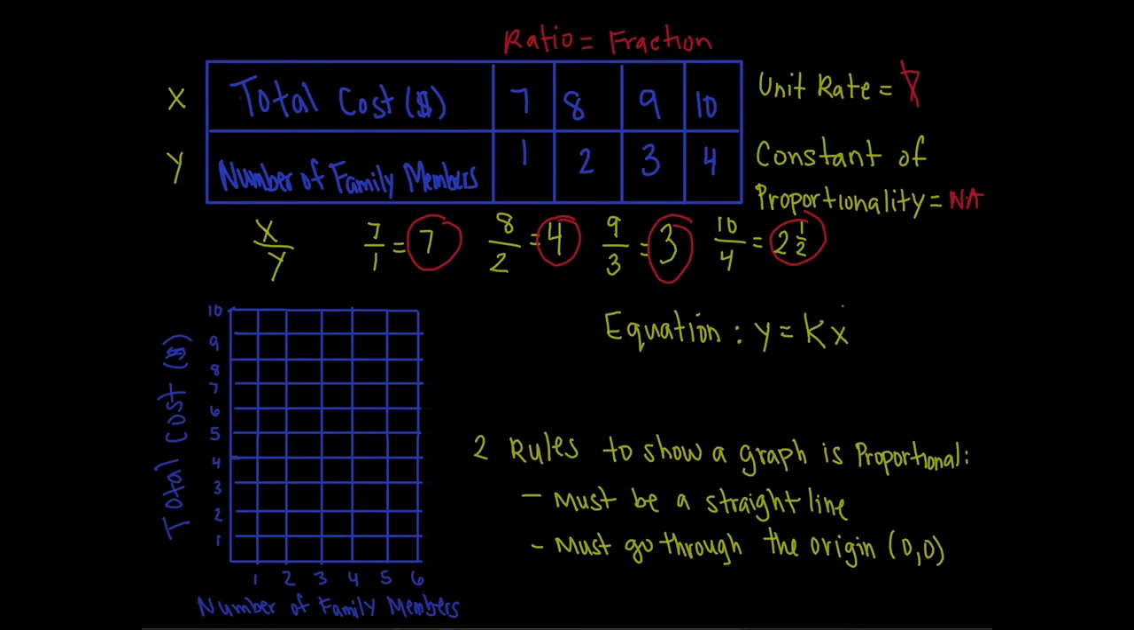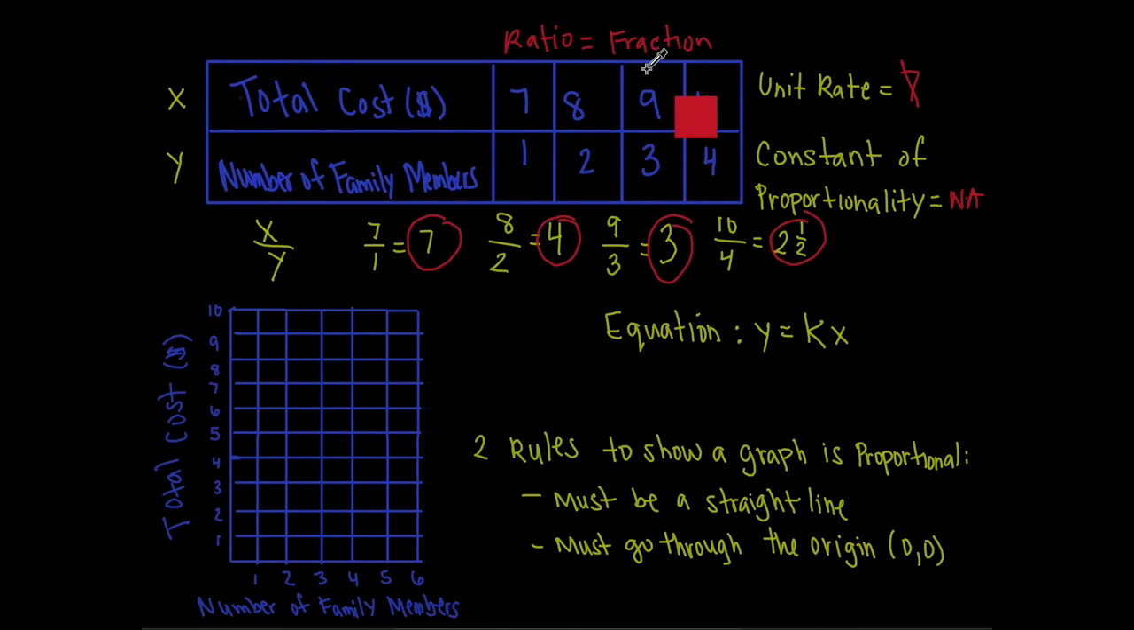So we don't have a constant of proportionality, so we cannot put the constant in this equation. So this is a way to tell if a table is unproportional. It is unproportional because it doesn't have a constant of proportionality. 7 over 1, okay, 7 divided by 1 is 7, 8 divided by 2 is 4. So if the ratios are not equivalent, and if the constants are not the same, then it is an unproportional